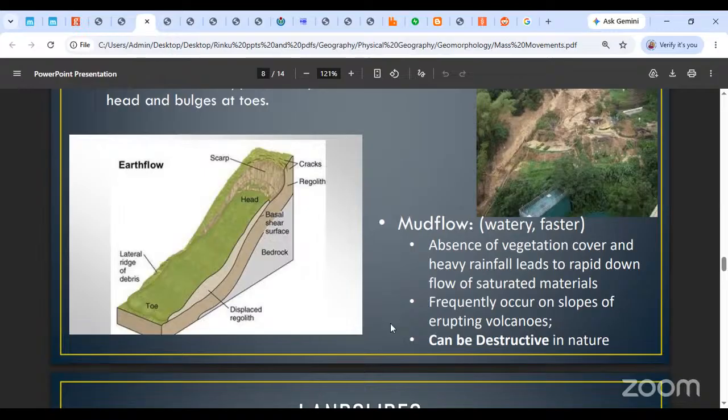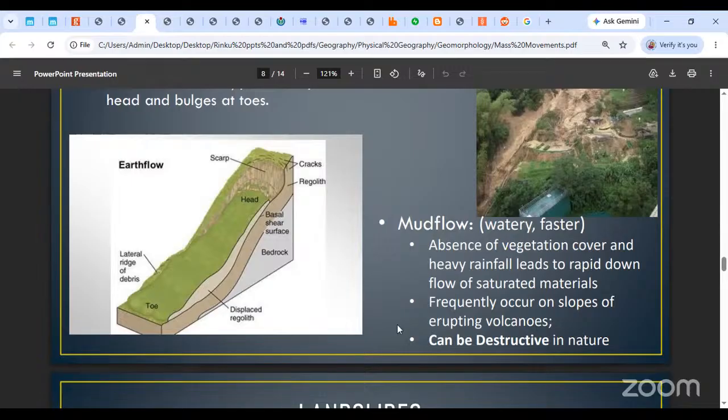This cannot be without water. This movement has to be aided by water. It cannot work on gravity alone. There has to be a good amount of water available. So maybe a good amount of precipitation, or maybe a river or channel that has changed its course and gone some other way. Or a dam has broken its wall and the water is flowing outwards. So we are looking at various ways in which water can reach that place, saturate it, and the mud can flow down.